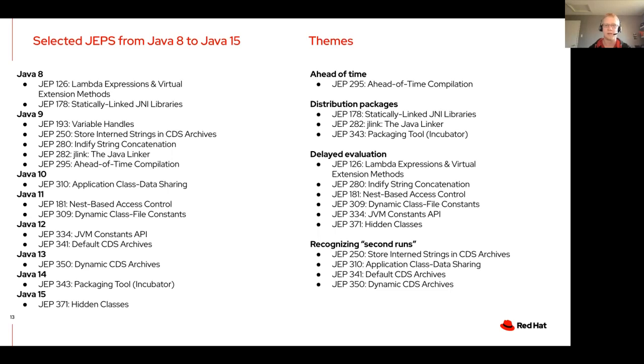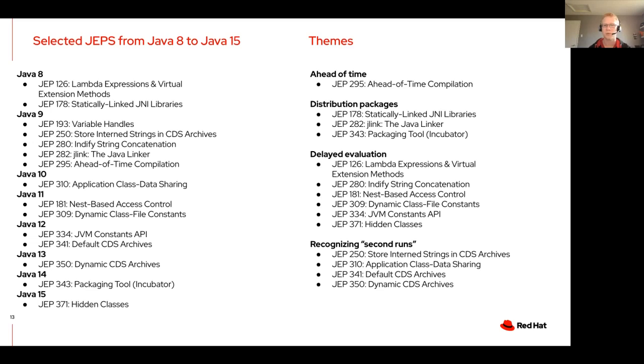We see delayed evaluation. So going back to Java 8 with Lambda expressions, the use of invoke dynamic and bootstrap methods to be able to generate classes at runtime as needed, and then starting to see that be used more and more throughout string concatenation. Likely it'll be used as part of pattern matching when that comes along, and a shift here to be able to define classes in ways that are cheaper and to be able to talk about them symbolically at runtime rather than having to actually load them.